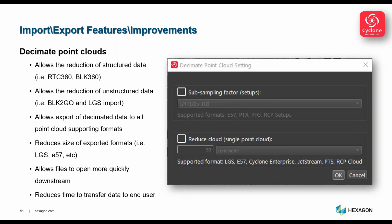So you can see if you go to the publish stage of a Reg 360 project, you can now click decimate and it will pop up with this little window, and it allows you to either subsample by a factor, or you can reduce the entire point cloud depending on the output that you are pushing from the solution. So for example, I typically push out an LGS file, so maybe I want to reduce the resolution accordingly. This has been asked for a lot because we scan perhaps more than we need, so we get really good registrations, and then we can strip out some of that to make the file lighter for consumption downstream or sharing